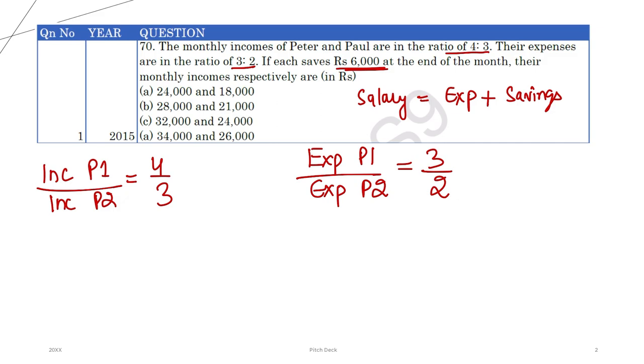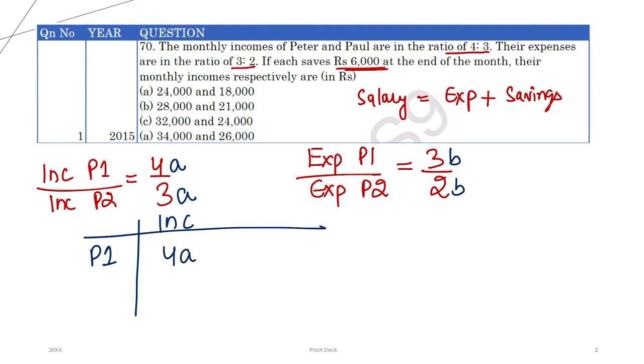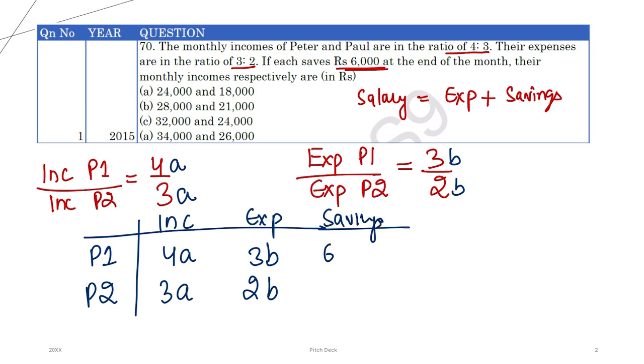As I've already told you, multiplying the numerator and denominator is not going to change anything. So let's say 4A and 3A is the income of P1 and P2, right? And expenses, let's say, multiplying numerator and denominator by the same quantity, that is B. So for person 1, income is 4A, and expenses is 3B. For person number 2, income is 3A and expenses is 2B,